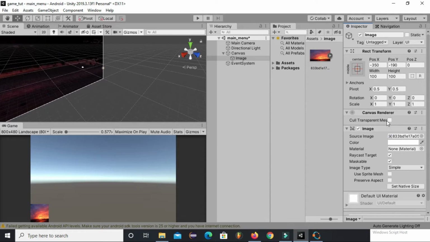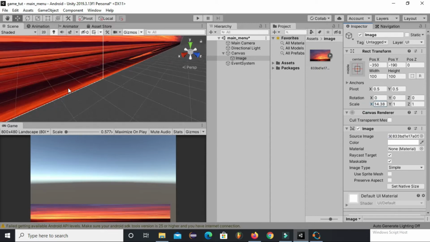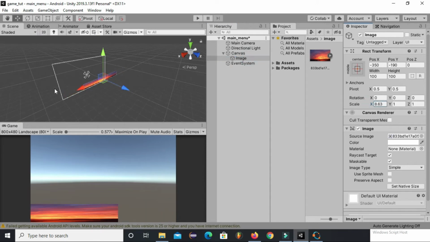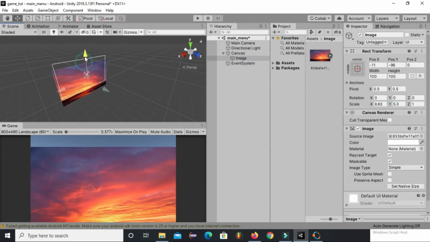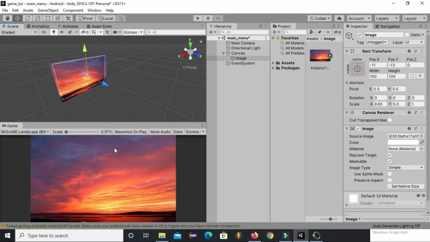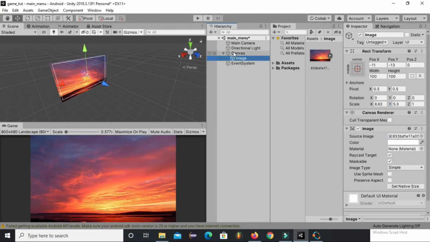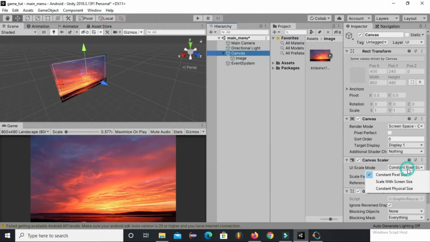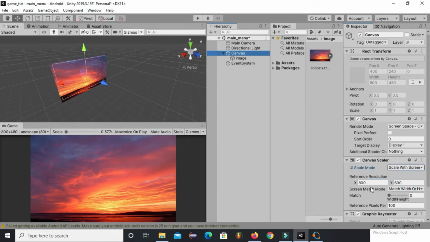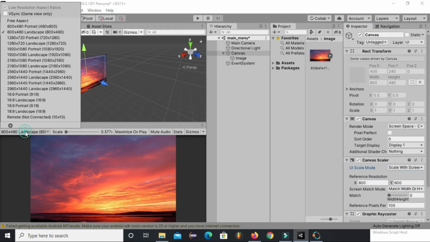And now I will change the size of this image. You can see that there are many options for the screen size for which you are building the game, but you have to go to the canvas option and set the scale mode to scale with screen size. If you don't set this option, then when you build this game for a screen size of 800 by 480, the game will look good and all the UI elements will be perfect.